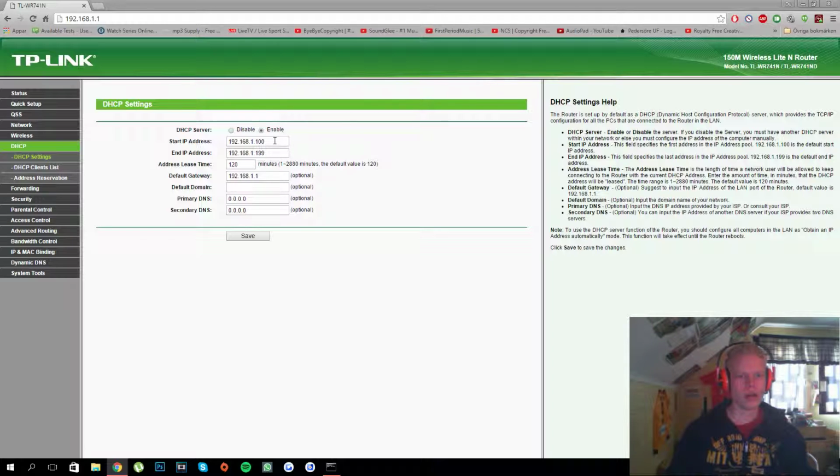and end IP address 192.168.1.199. So basically what that means, when I have DHCP enabled on my router, is that if I do not use a static IP address on a particular device, for example my phone, because I have no use for it, I don't port forward my phone or anything,